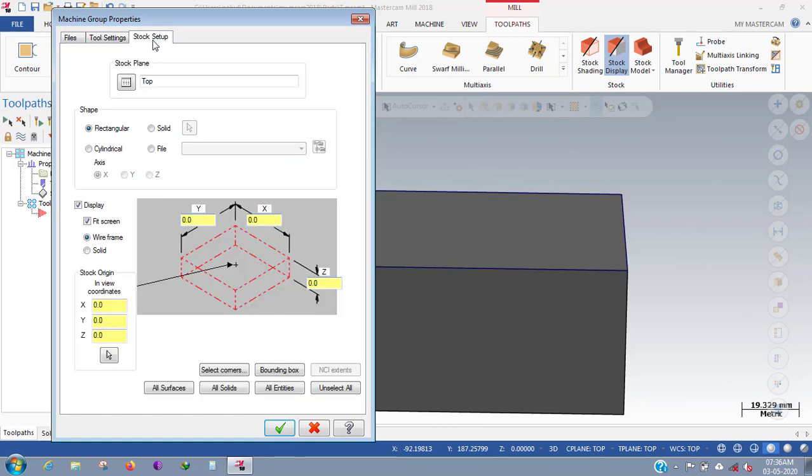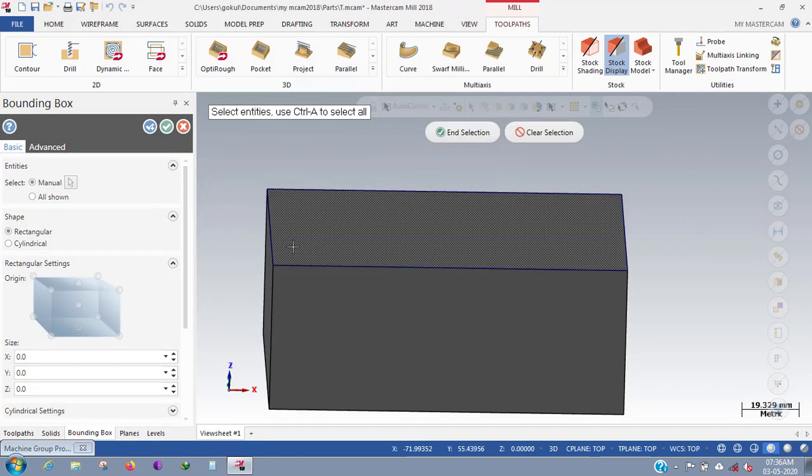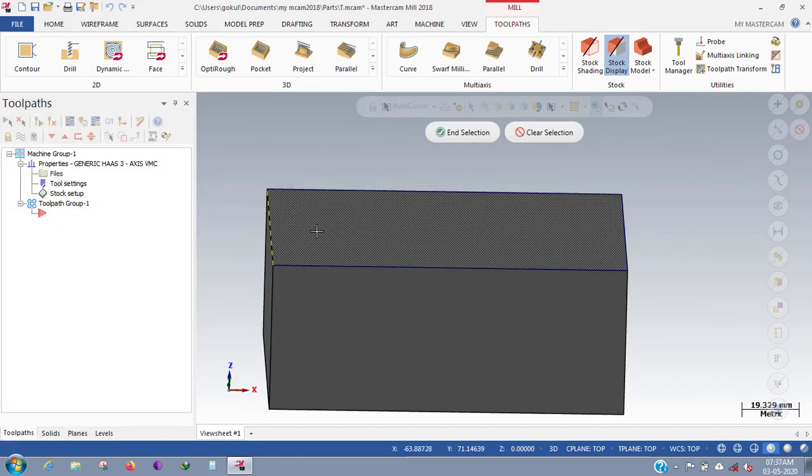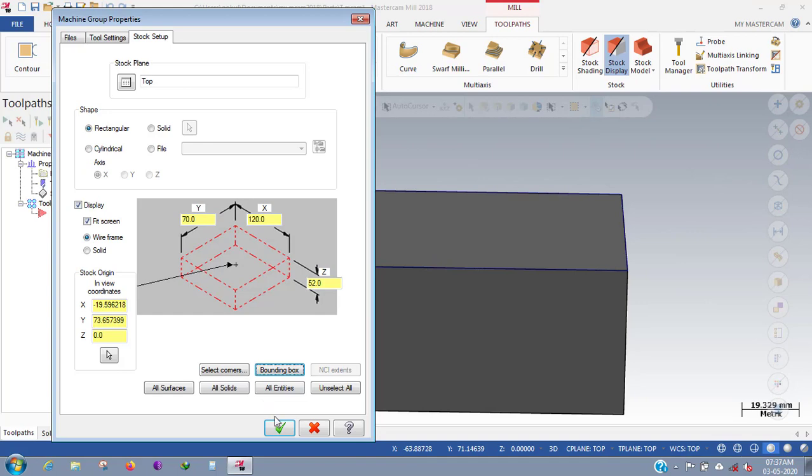In stock setup I am just using a rectangular bar. So after selection of the rectangular bar I am giving all solids and adding the final stock of 52 mm, and done.